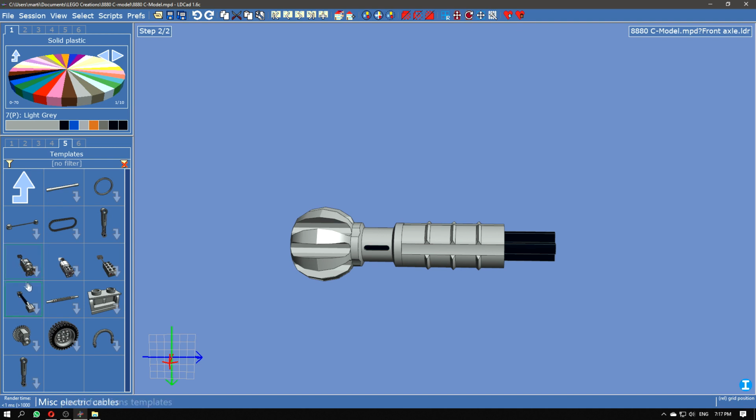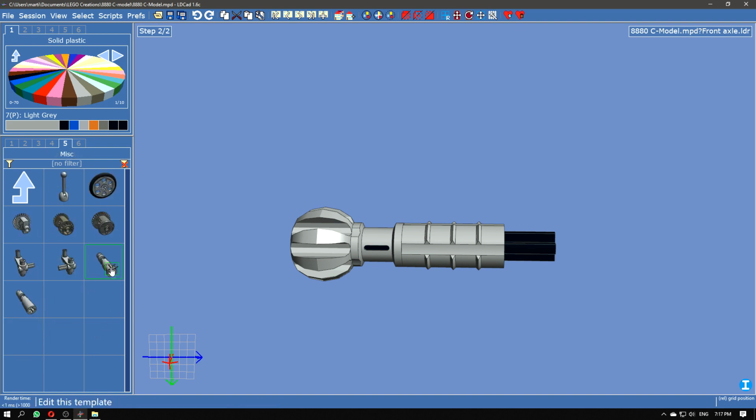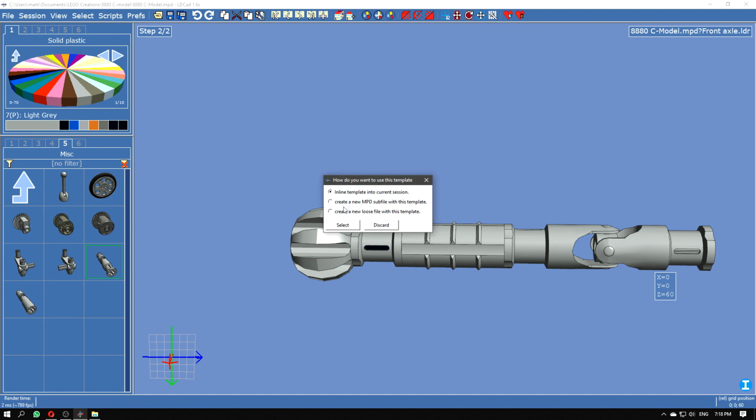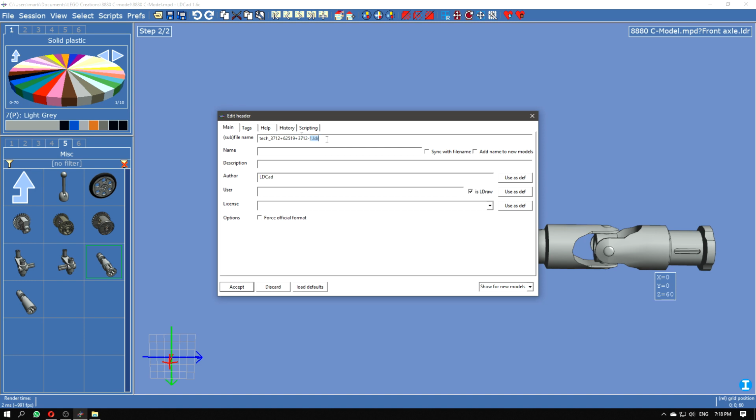So we click that, and next we hit, which one was it? I believe miscellaneous shortcuts. There we go. And right here we have the universal joint. So make sure it is on light gray. We grab it, drag it in, and then we create a new subfile with this template. Hit select, then say it's a front,